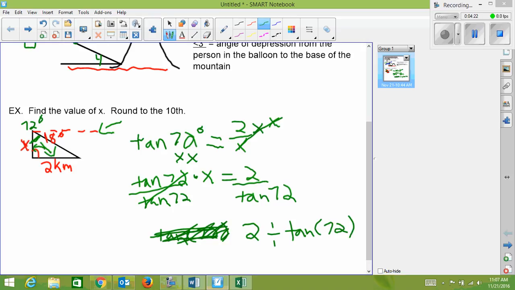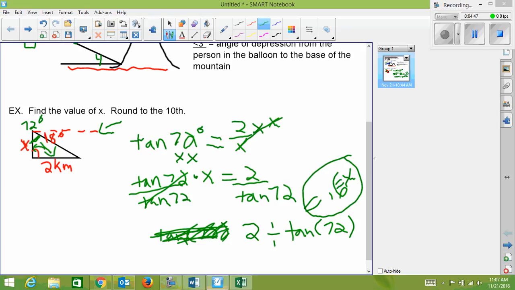Make sure you close your parentheses, hit equals, and I get 0.64, and it says to the nearest tenth. So then x is 0.6